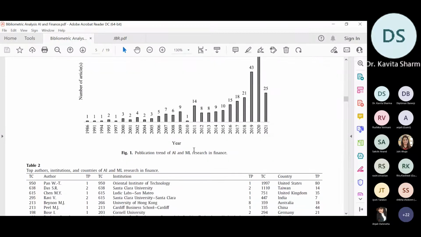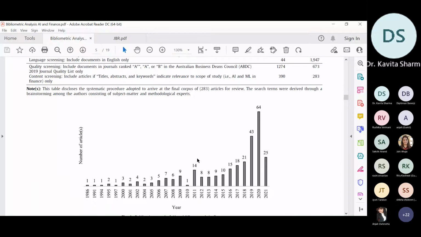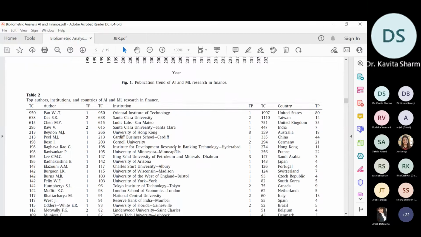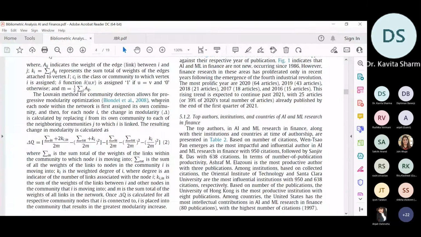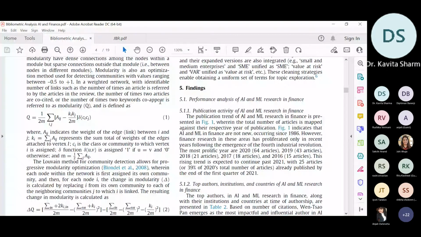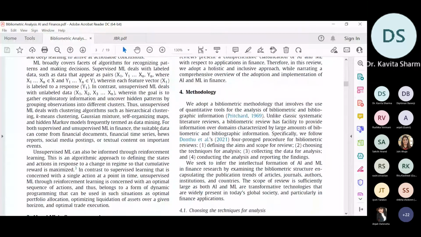Now, in this paper it has used only one diagram from Scopus analysis. Let me check how the writing of this diagram is.